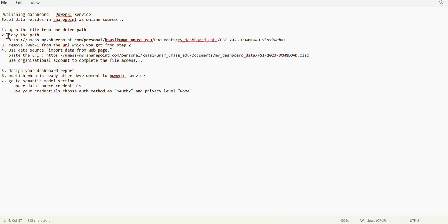I'm just opening the file from the SharePoint path, and once it is open, I'm copying the path. Okay, so this is the actual URL. I will get it from step number 2. Once I got the full URL, I'll remove the end section, like question mark web equals 1, from the URL. Then the fourth step is I will open Power BI Desktop and import this particular